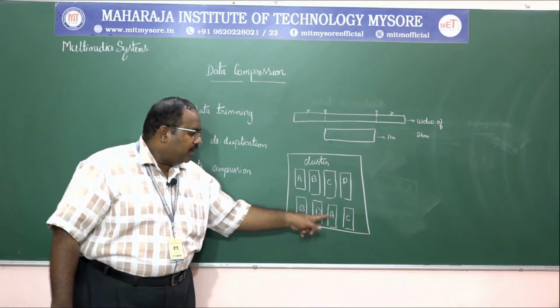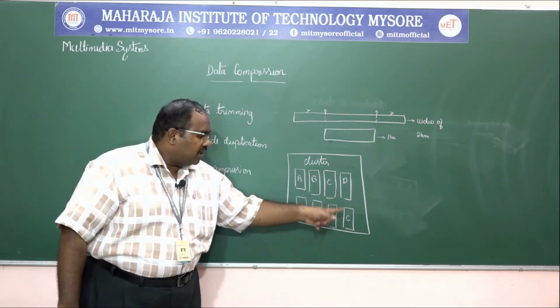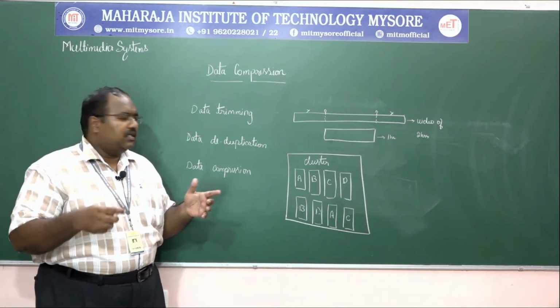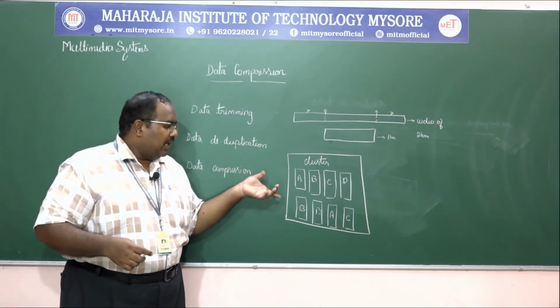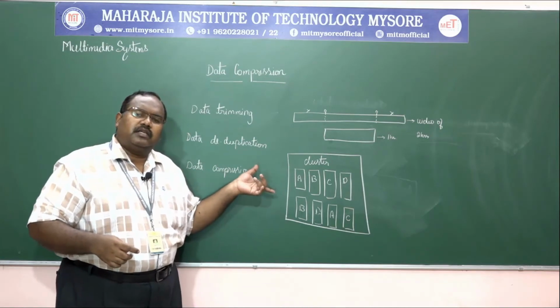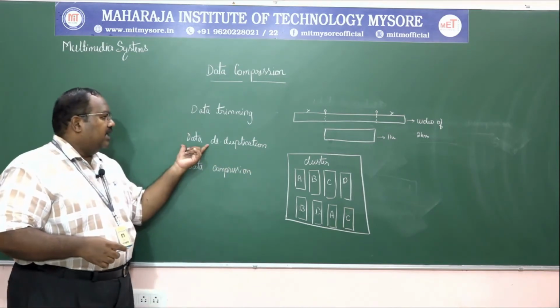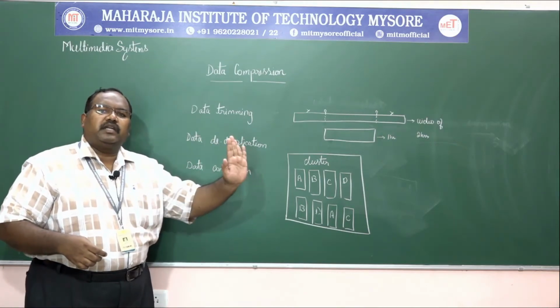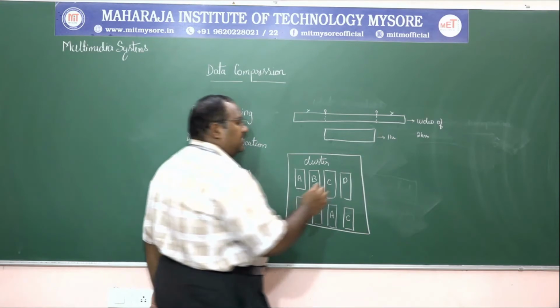See, A has been duplicated. Similarly, C is also duplicated. There might be n number of duplications as such. Just for the demonstration purpose, I have been using a small cluster. What is this? It says data deduplication, means remove the duplication. Now what is this? In the next cluster,